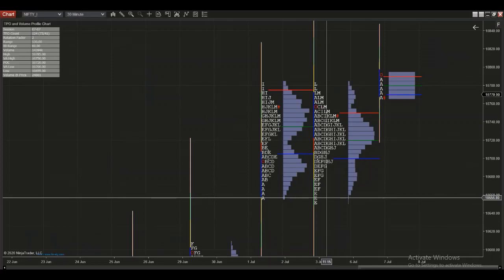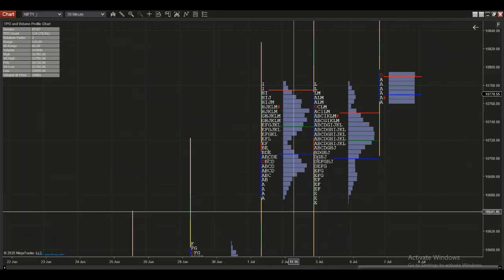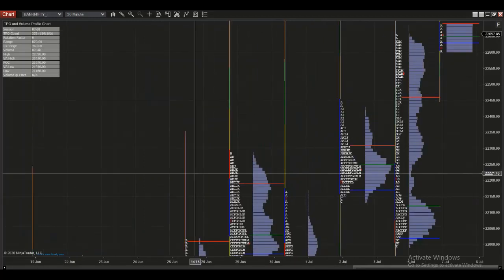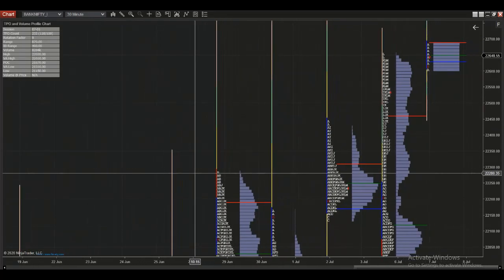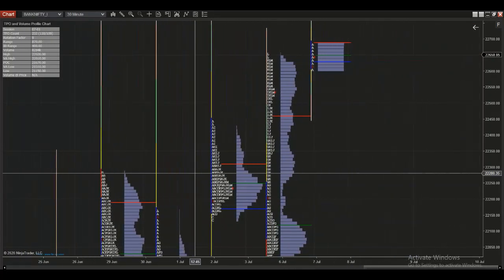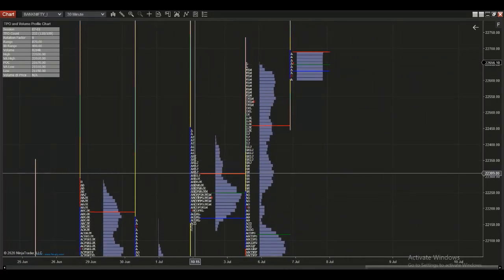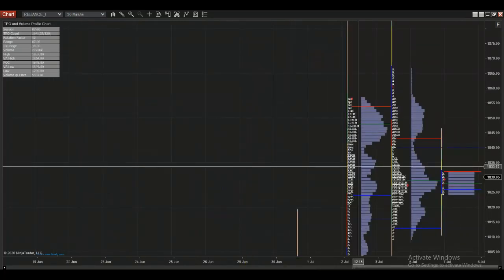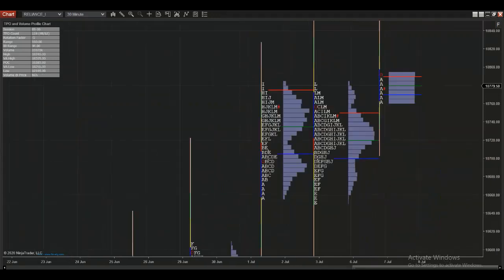Morning, my dear friends. So Nifty, we have open high formation. Let me just go and quickly check Bank Nifty. So Bank Nifty is opening above yesterday's value area high, and there is no open high or open low formation, right? Let me check what's happening in Reliance. Okay, it's opening around yesterday's close, only a flat open. So let me keep on watching